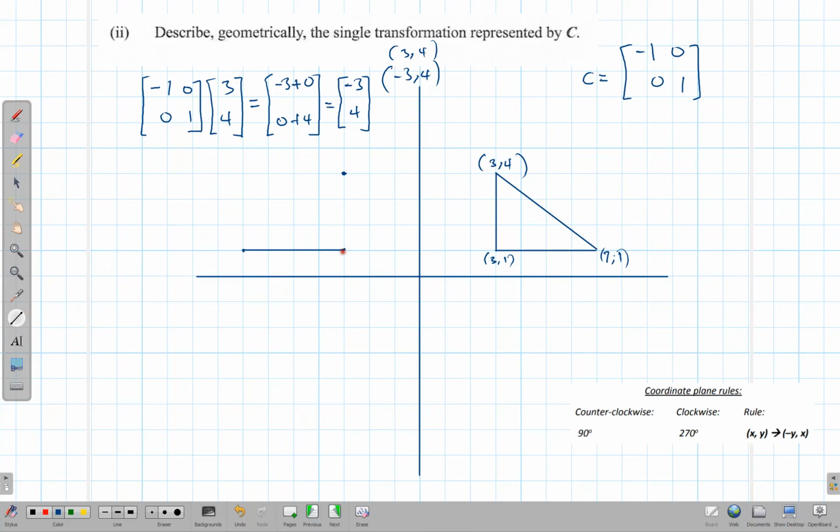Now that we have a picture, what do we see? What does the matrix C do? Geometrically, what does it mean? From what we can see here, it represents a reflection in the y-axis. I should write this. I didn't label my axis, so y-x. So this here, the image, would be a reflection in the y-axis. So this matrix here, C, is a reflection